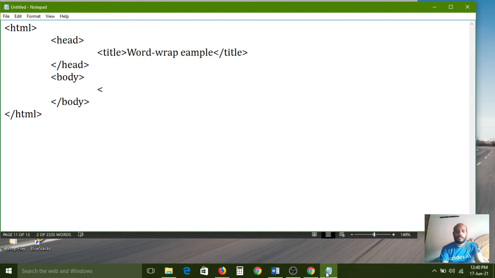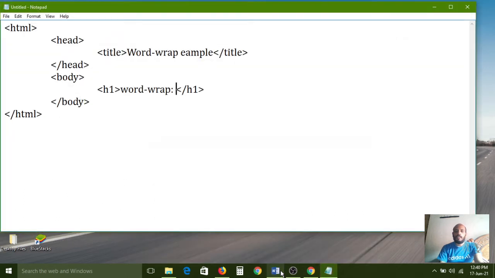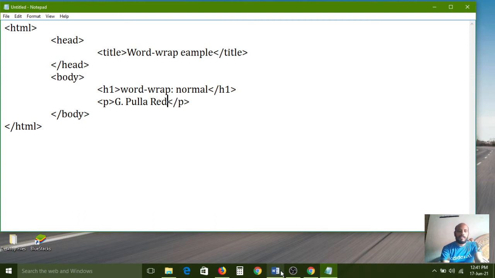In this I use h1 opening and closing, with the heading word-wrap: normal. Then a paragraph, opening and closing paragraph, with the text Pullareddy Degree and PG College.